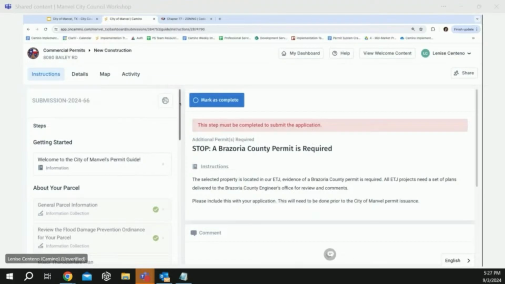So it's also a great internal tool because, ideally, we want to reduce the amount of calls and traffic into the permit centers. That frees up staff to work on issuing those permits. But this is great for those who want to come in or are more comfortable with that as well.